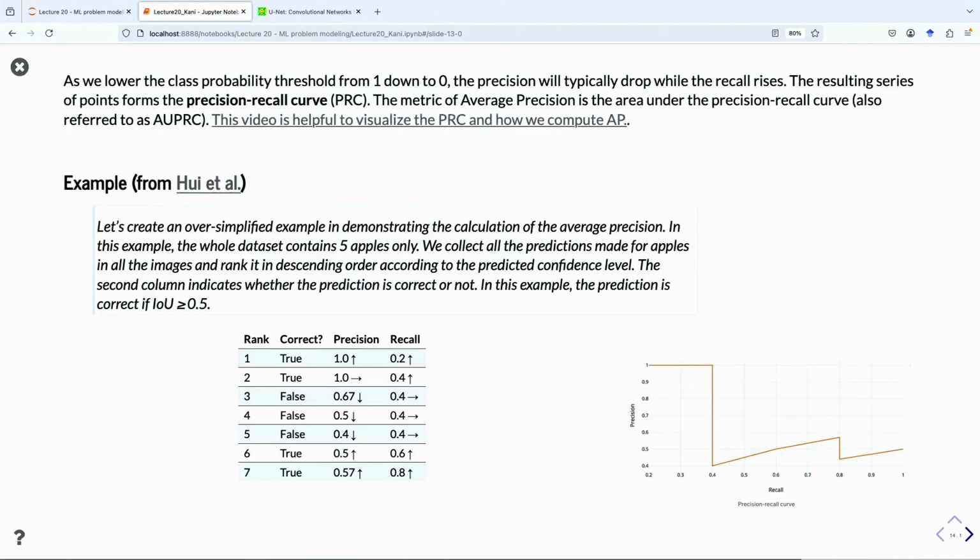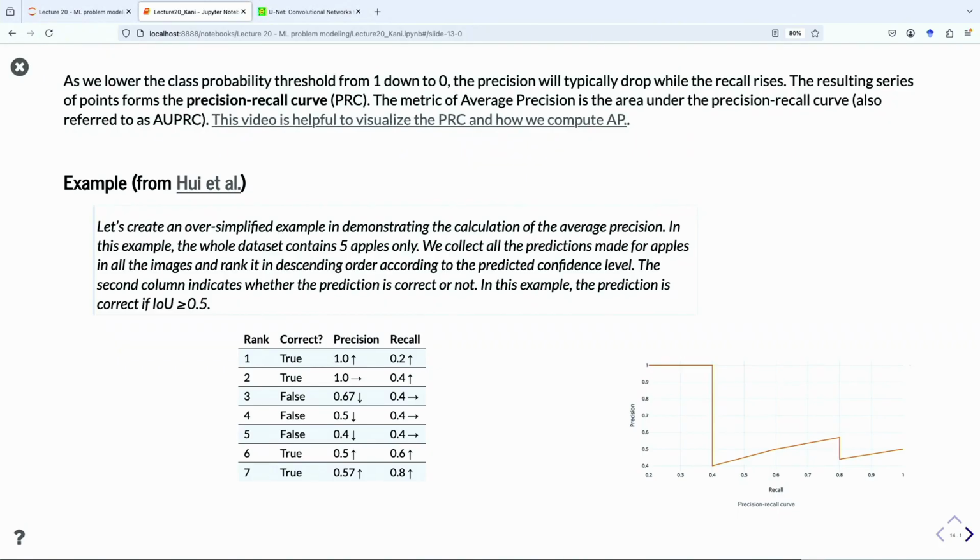Okay? So if our model is absolutely perfect, if, for instance, the first 5 values are all 1, then basically at every value of the recall we would have a 1. And then the mean average precision, the area under this curve, would simply be 1.